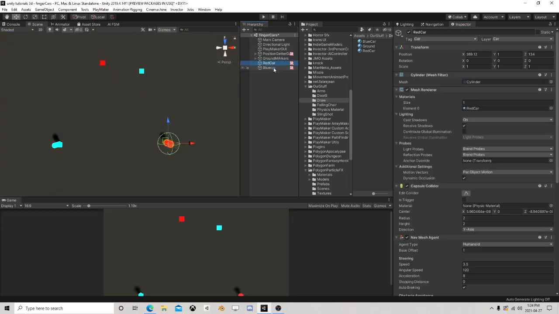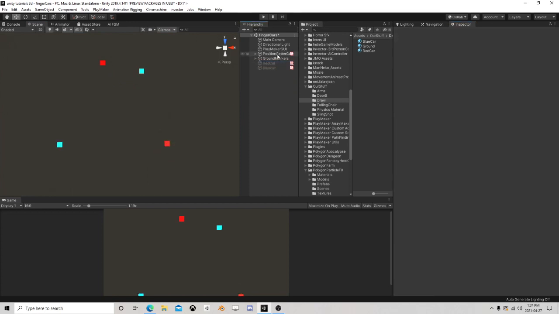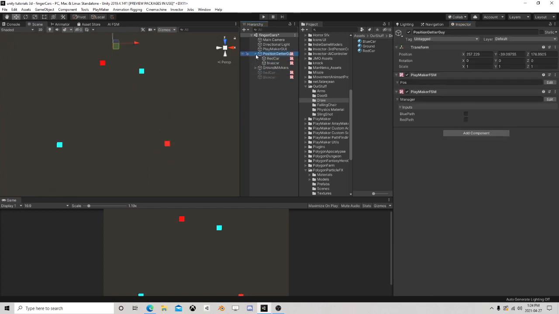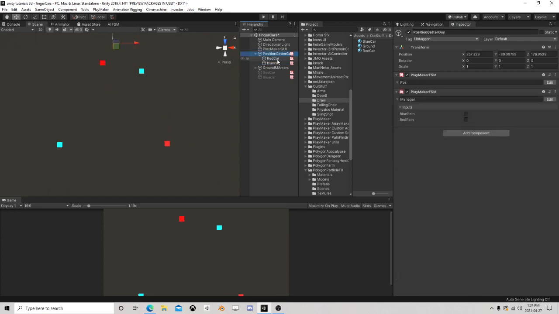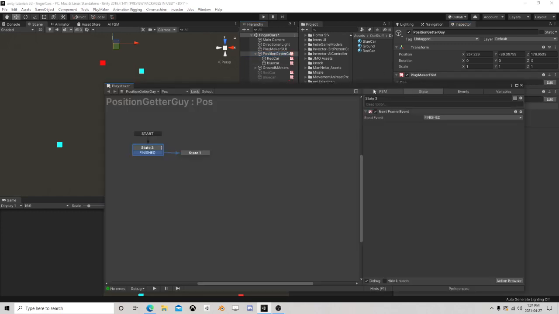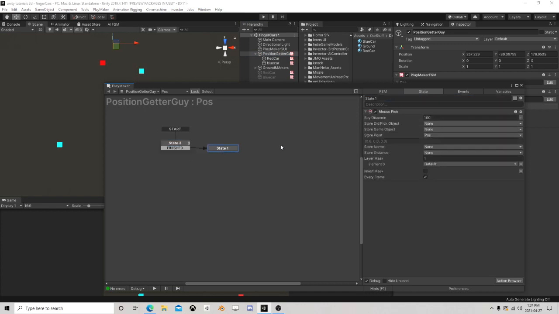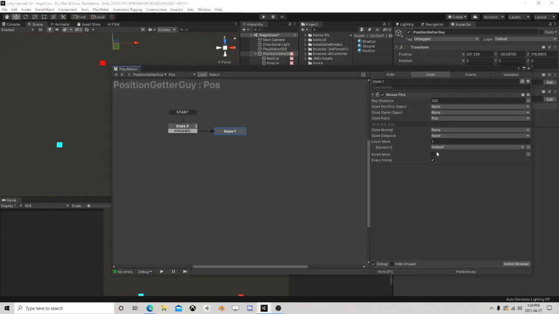Now, the cars we'll get into after, so I'll deactivate those for now. So in the manager, we have a few different things here. We have a position manager, or the position, and all I do here is a mouse picking. Every frame, and it's going to the default layer, right? And I could change that to some sort of ground layer, right? So I'm going 100 distance, and I'm only going to hit the default,